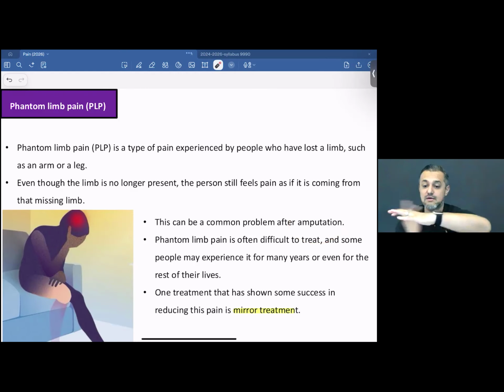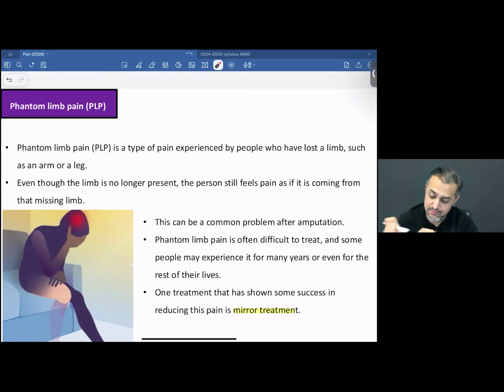Amputation, in common language, if your hand is cut off from here, that means it is amputated. This hand physically does not exist. So being amputated. One treatment that has shown some success in reducing this pain is mirror treatment. And what is this mirror treatment? It is